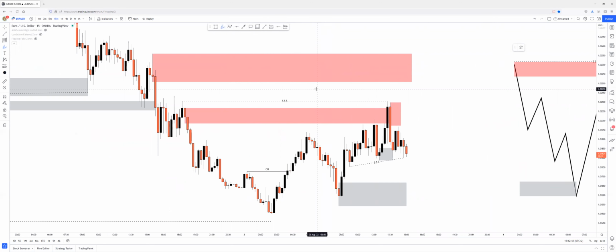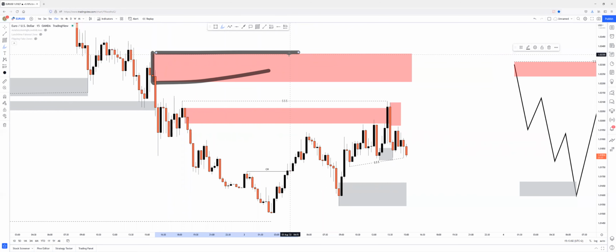So according to, for example, the plan webinar, where I explained how to use the higher time frame trend that lines up with the lower time frame trend, how to trade the pro trend, how to trade the counter trend. According to this webinar, if price touches the supply zone up here, this will still line up with the 4-hour order flow. And if price creates a